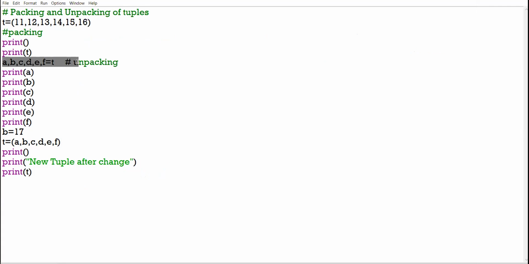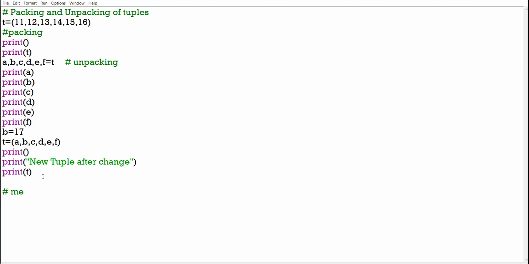You can update the variable with the new value, and again you do the packing, and you will get the changed tuple with the modified value over here. Am I clear to all? Now this was the first method, the indirect method, how you can make assignment in the tuple.